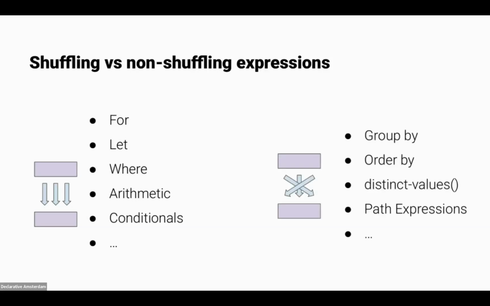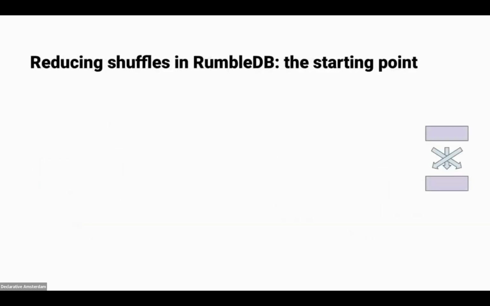Whereas expressions that do require shuffling due to ordering and uniqueness constraints include group by, order by, uniqueness checks like distinct values, and path expressions. So, in order to increase the efficiency of RumbleDB, we need to focus on reducing shuffling on expressions that require